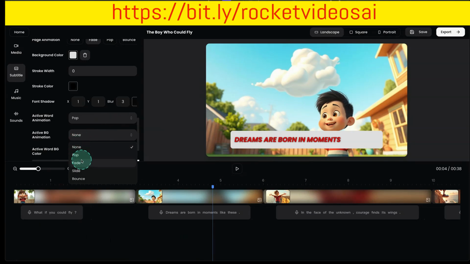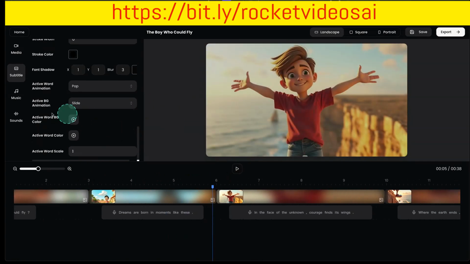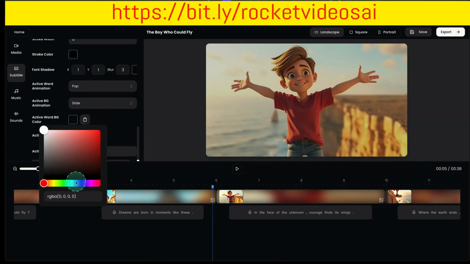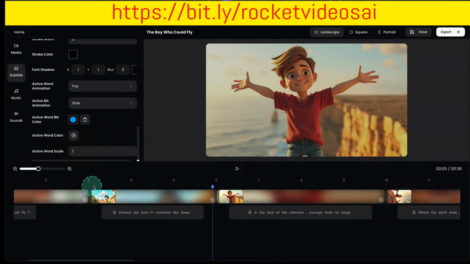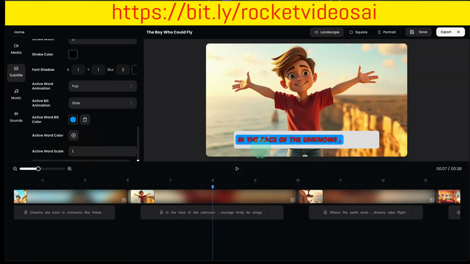You could do an active background animation. So you can say, I want to make that slide. And again, things will change. You can do an active word background color. So let's say we want to make this blue. And now when we play the video, in the face of the unknown, you can see it's basically unlimited what